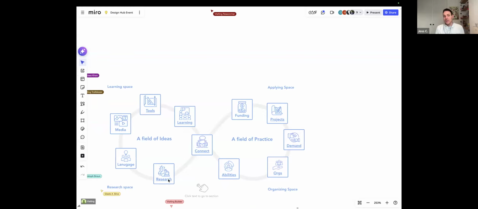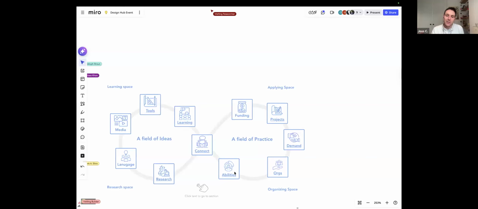And then design languages, like media, we mean awareness around the whole thing. Tools, we're looking at methodologies and tools for going about this. Learning, spaces, courses, online, offline, different materials to help people learn about this, connecting in the center, which is spaces for people to convene and come together. All of this is outlined in the guide.